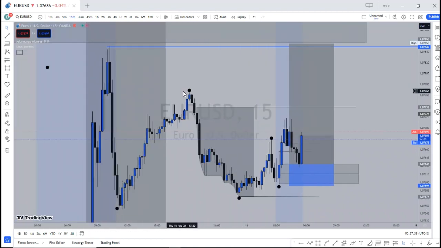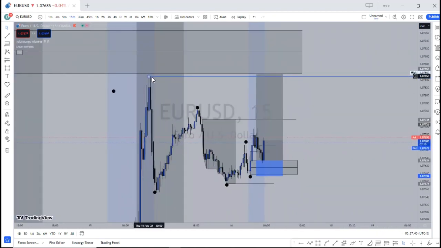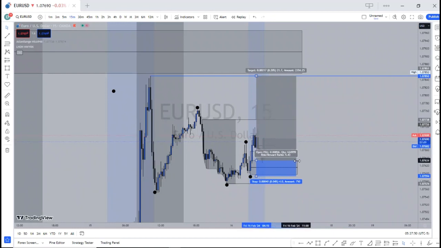Still on the London down session, and we're expecting it to go to this high, and that's a good trade to take profit from, and then you are done. It's actually doing something I love,